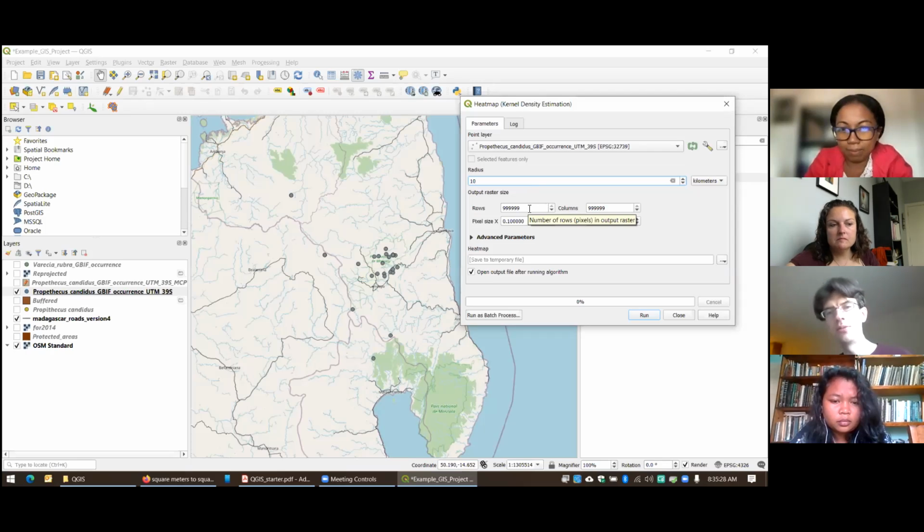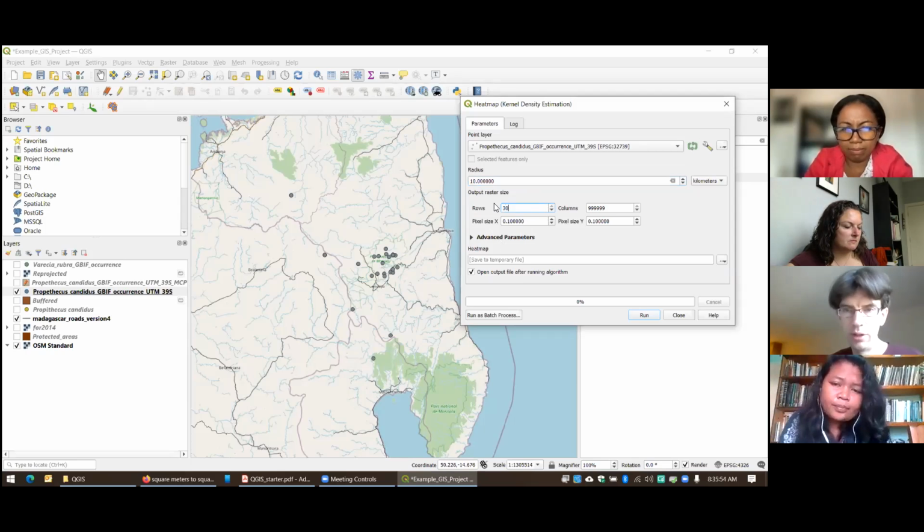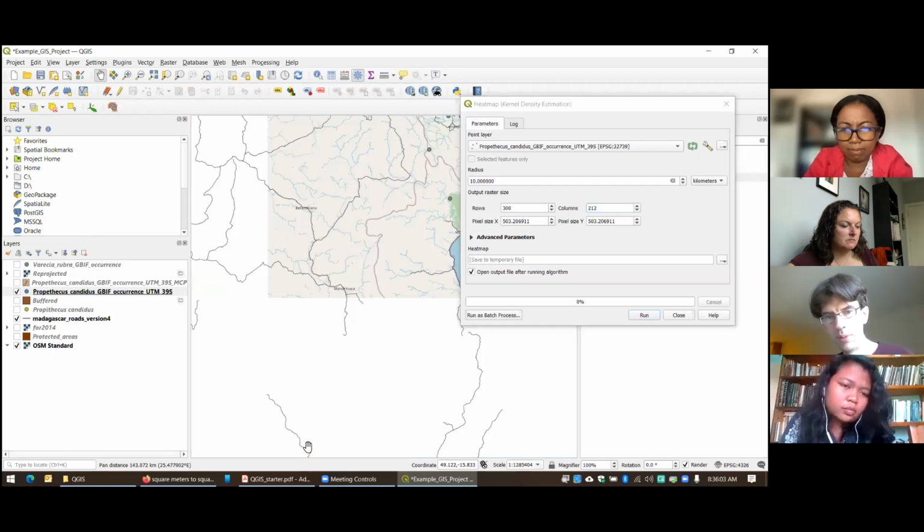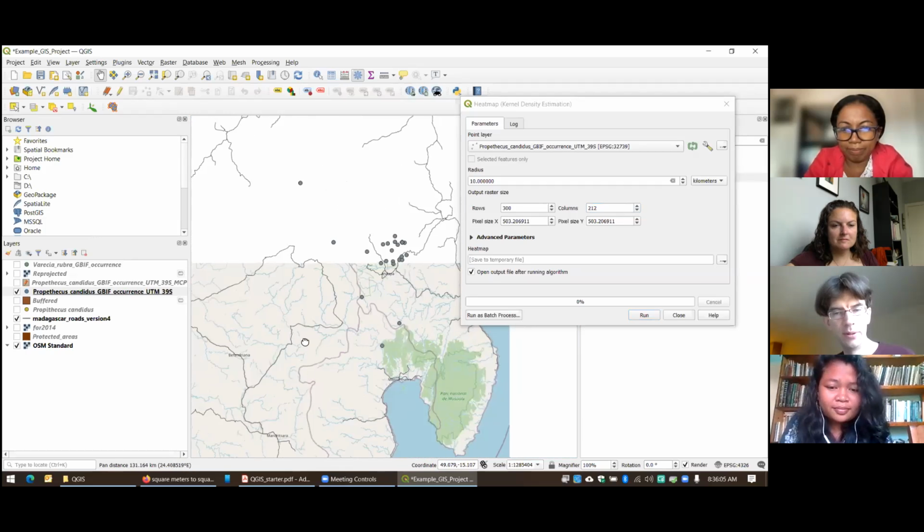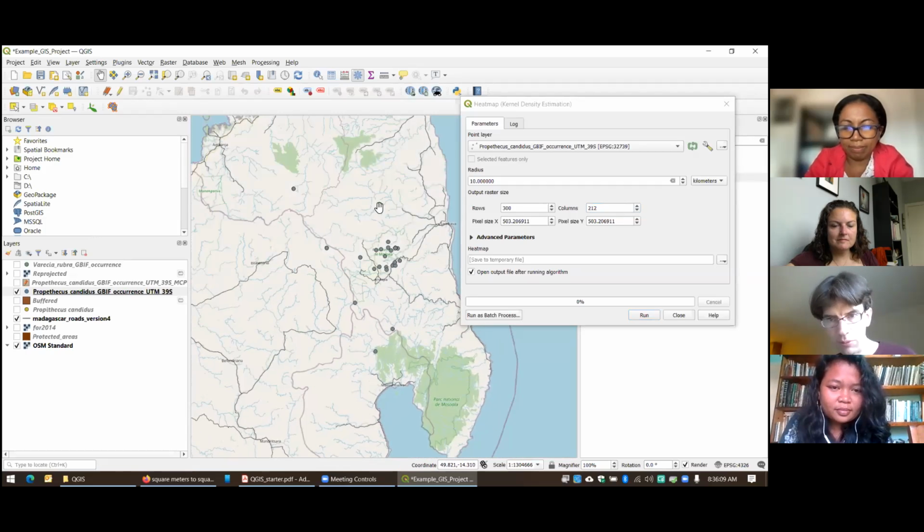The next thing it's going to ask me is how many rows of pixels do I want when I create this. So this is saying, go out 10 kilometers, count all of the neighbors you have, and use that to estimate your value. But then how big do you want each of your little grid cells or pixels to be within this area where all the points occur? And so maybe I want to have 300 rows, and it'll automatically update the columns for me because it's going to create essentially a heat map. I'm sorry, I keep clicking on the map by accident. It's going to create a heat map that's going to encapsulate this whole area.